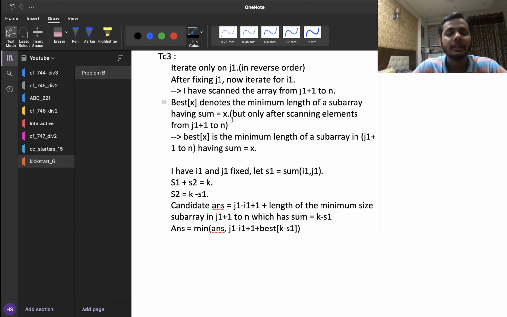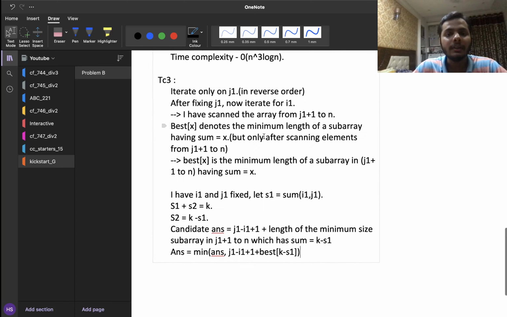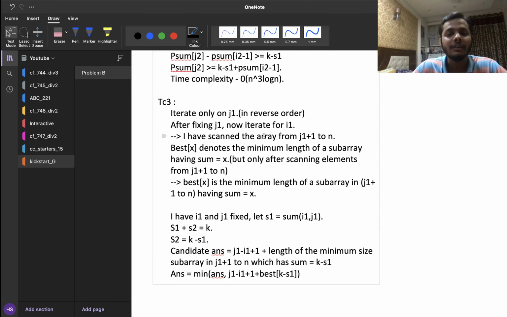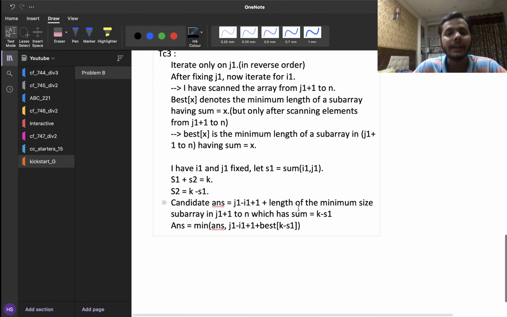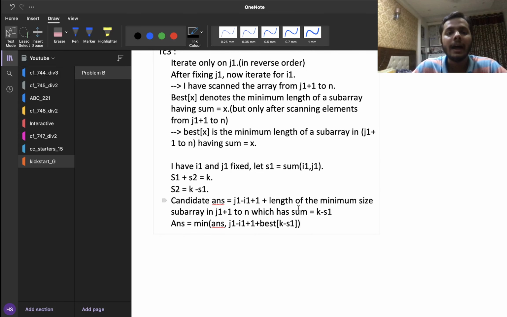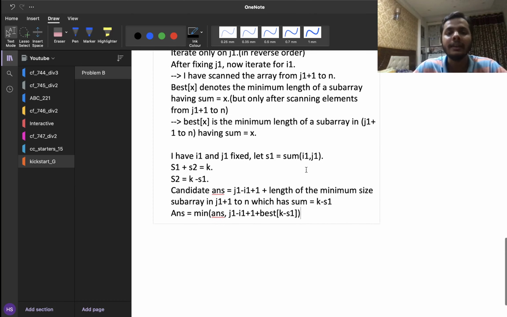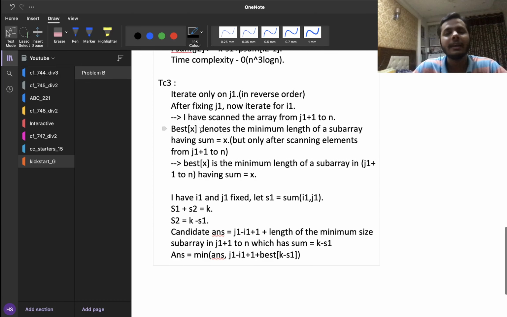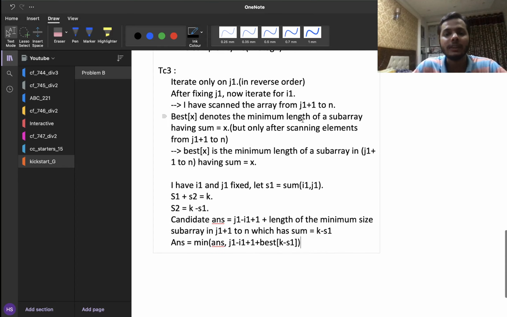This can't be done magically. But as it turns out, since we are allowed to have an O of n square time complexity, for a particular j, we can just keep updating this best array, right? And that can be done again in O of n time. And in totality, we'll have an outer loop and two inner loops which are not nested with each other. So our total time complexity will still remain O of n square. And this best array can again be updated very easily, and it will be clearer how to update it once I show you guys the code. So let's look at the code for now